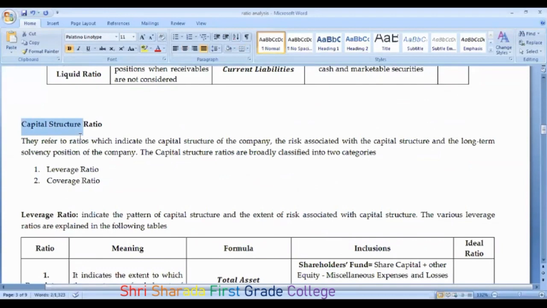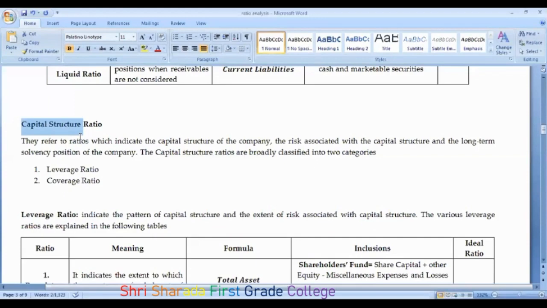So capital structure is nothing but the combination of what? Debt and the equity. The capital structure consists of the debt and the equity, which is used by the company to finance its overall growth as well as its operations. For the growth and the overall improvement of the company, you need this capital structure.